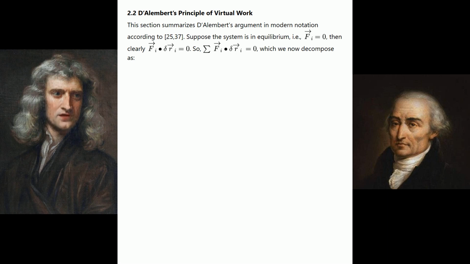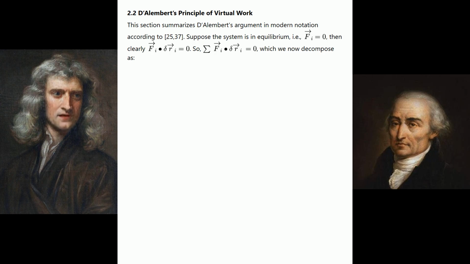2.2 D'Alembert's principle of virtual work. This section summarizes D'Alembert's argument in modern notation. Suppose the system is in equilibrium, i.e. F⃗_i = 0, then clearly F⃗_i · δr⃗_i = 0. So, the sum over i of F⃗_i · δr⃗_i = 0, which we